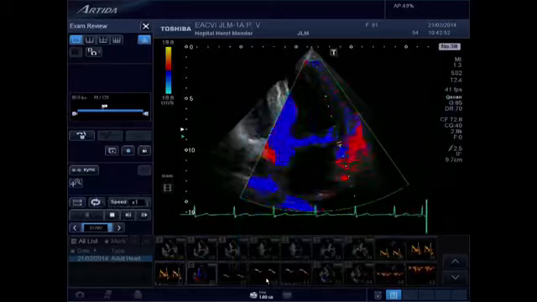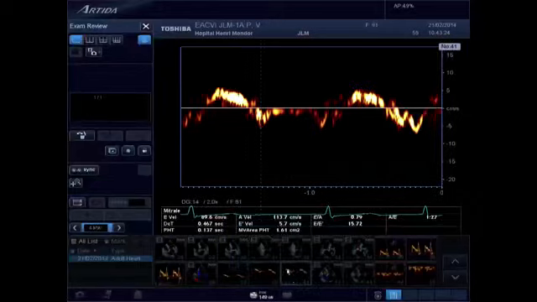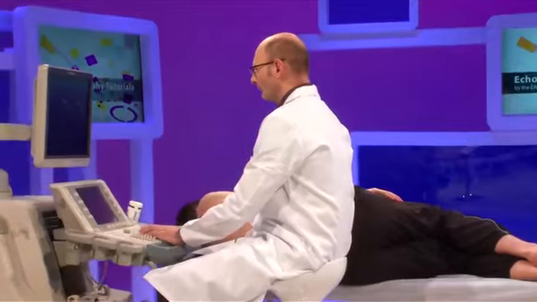And here we have the E prime, the pulse tissue Doppler of the mitral annulus, with an E to E prime ratio at 15, which supports high left ventricular filling pressure in these patients. Then we will move to